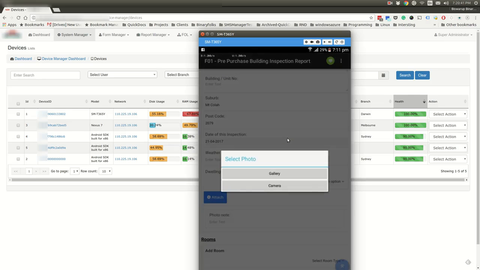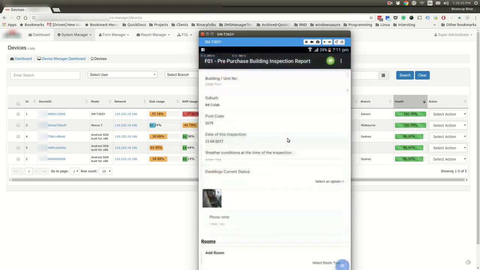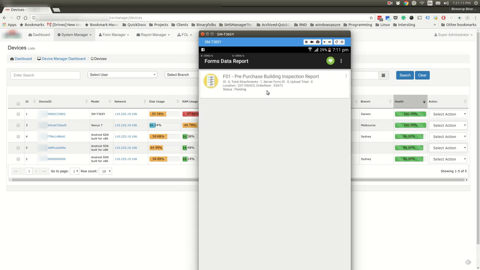And then select an attachment. Once this is completed, we click on Save. Now if we go to the report section, we can see one form is in pending. The attachment can be displayed by clicking on the specific form. From here one can see whether data is uploaded to the server or sets are uploaded to the server and